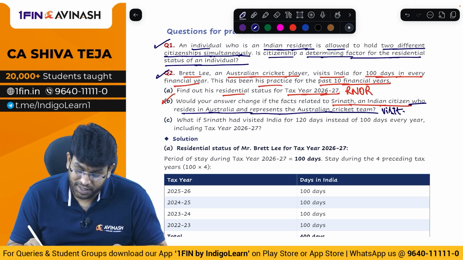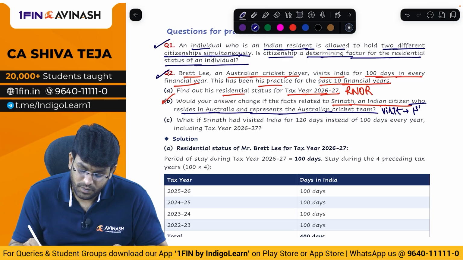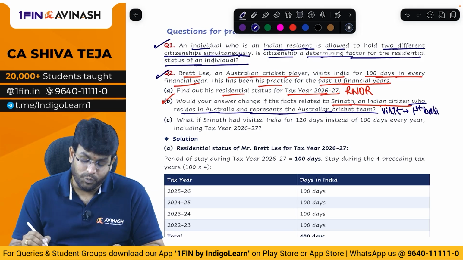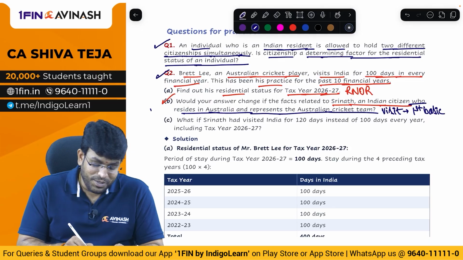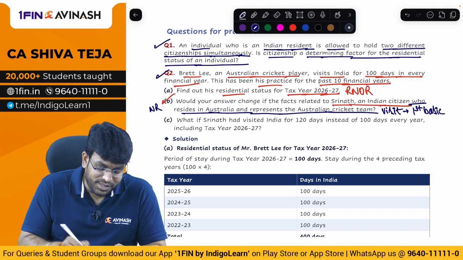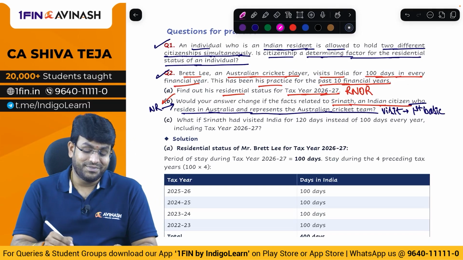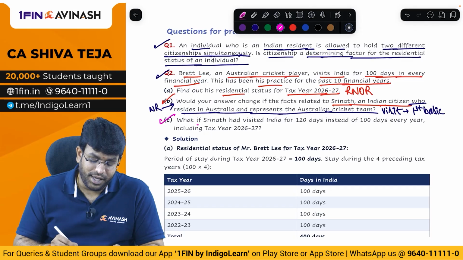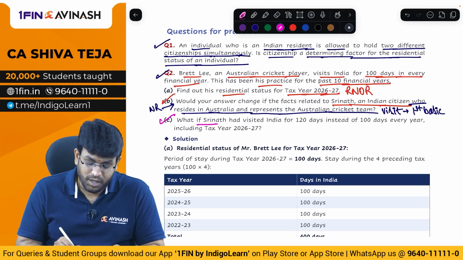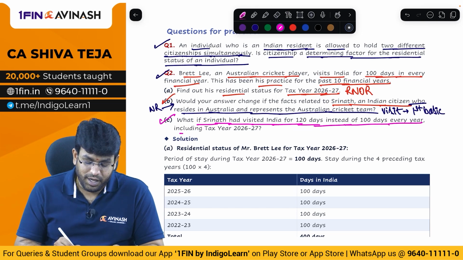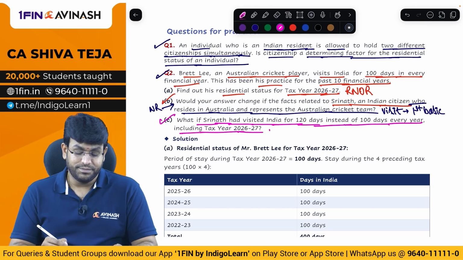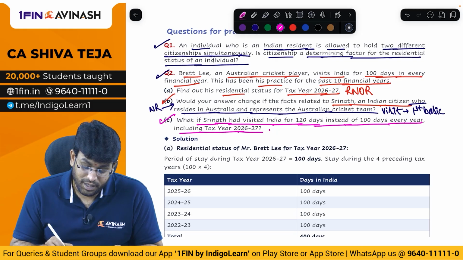What is first basic condition? 182 days or more during the tax year. Is he satisfying that? No. So the answer will be non-resident. Next. Third case scenario. What if Srinath had visited India for 120 days instead of 100 days every year, including 26-27? Sir, let us say